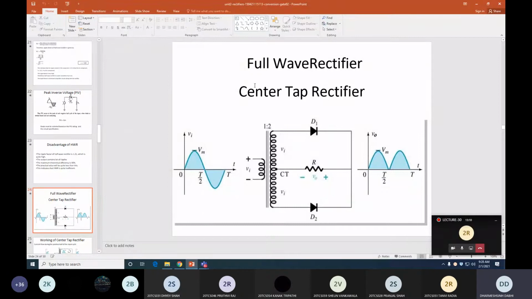So why is it called a full-wave rectifier? As you can see here, your supply input is AC and the output is pulsating DC which you get in both half cycles of your supply. Whereas in the half-wave rectifier, you get output only in the positive cycle. In the negative cycle, you get zero output because your diode is in off condition. But here we use two diodes, D1 and D2, so that your full supply voltage is rectified at the DC side. So how is it possible?